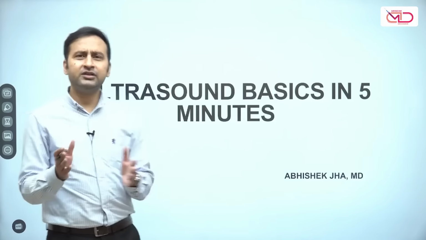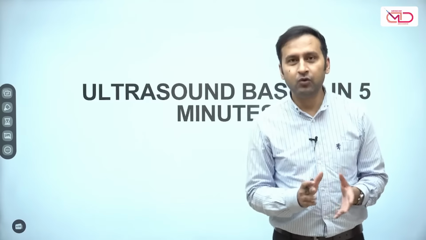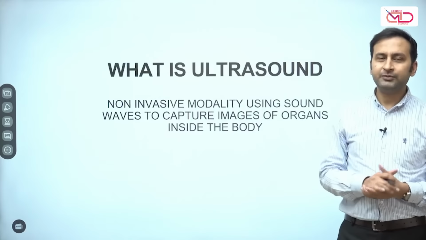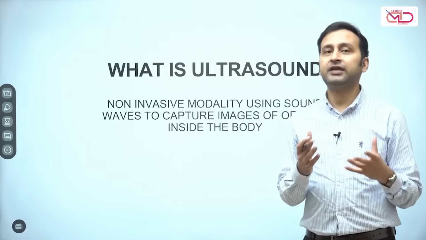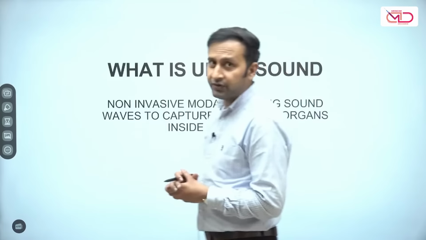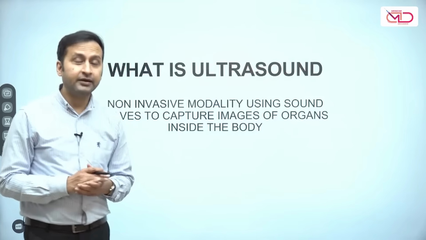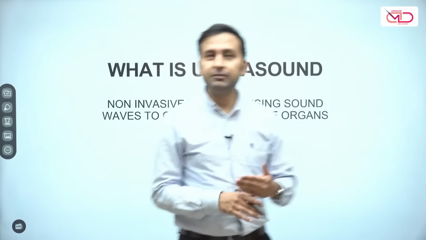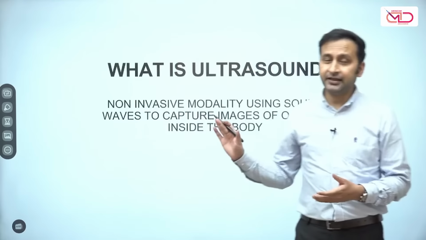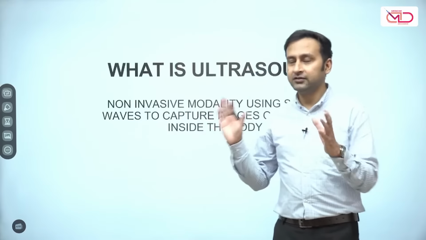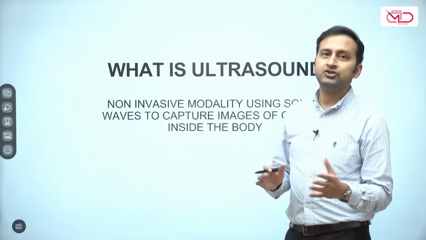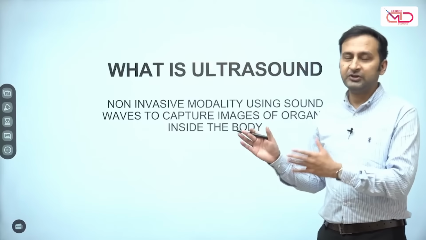This is for not only postgraduates, but for undergraduates, for anyone who wants to have some basic knowledge of how an ultrasound works. Most of you must know that ultrasound uses a certain type of sound waves. These are sound waves which are usually not audible to the human ear, and that's a blessing in disguise. Had they been audible, the patient would be talking, the doctor would be talking, and the machine would be making sounds as well. It's fascinating that these sound waves do not produce any sound. They do produce sound, but it's not audible to human ears. And these are the sound waves which are used in the formation of images in an ultrasound machine.